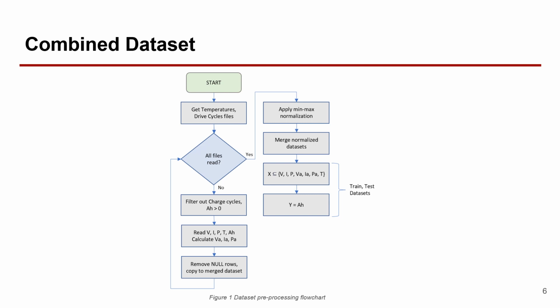And then we use different columns within this merged dataset for different models. So we might use for LSTM, for example, we exclude the power and the power average values. But for some other training, we use all of the columns available. We also take out the capacity values because that is the label that we're training against. So we keep that as a Y value, and then we train our model to follow that Y value based on all our input values.